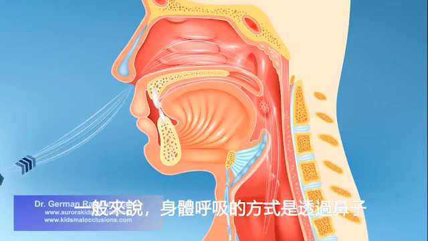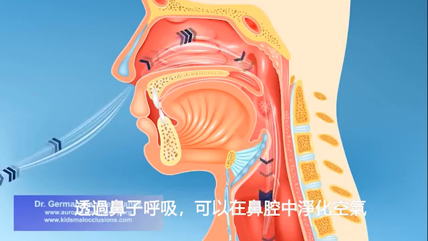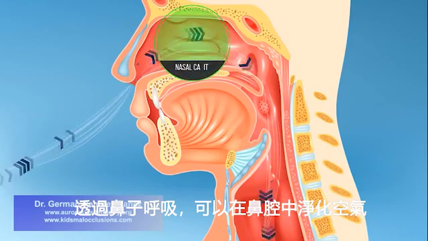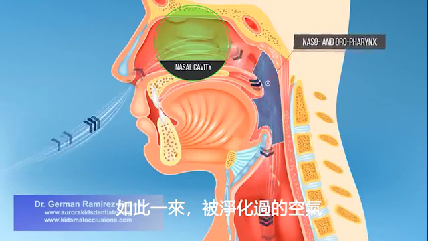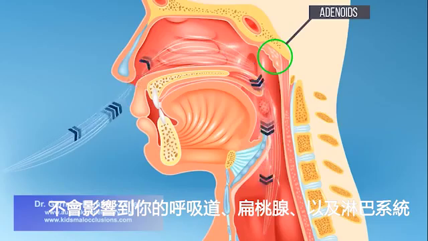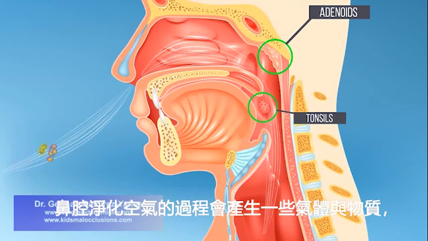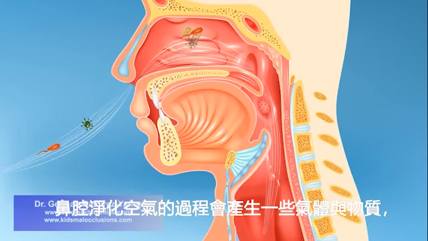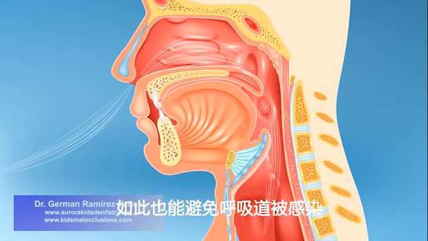The normal or physiological way of breathing is through your nose. Breathing through the nose permits purifying the air by the structures inside the nasal cavity. In that way, the air entering into your naso- and oropharynx, your throat, is not going to heavily affect the lymphoid tissue in the adenoids and tonsils, which is the last barrier to catch harmful particles in the air before it reaches your lungs. Besides clearing the air from harmful particles, nasal breathing stimulates the production of gases and substances in the nose, which are going to facilitate the entrance of the air in the lungs and prevent infection in